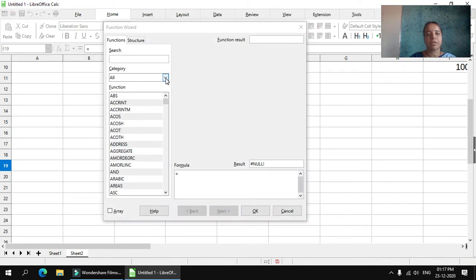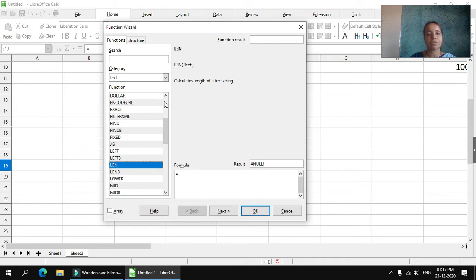There are many text functions again. For example, the LEN function calculates the length of a total string. String means a group of characters. The LEFT function returns the first character or characters of a text.